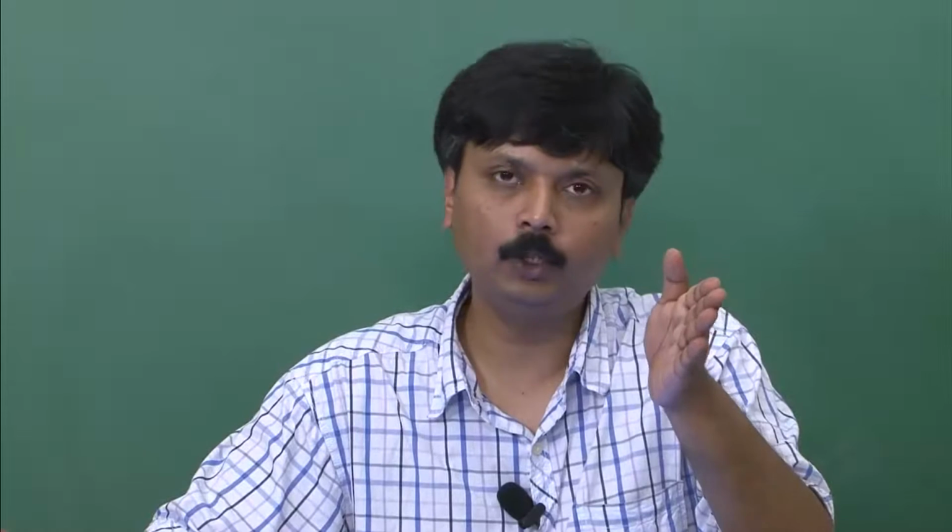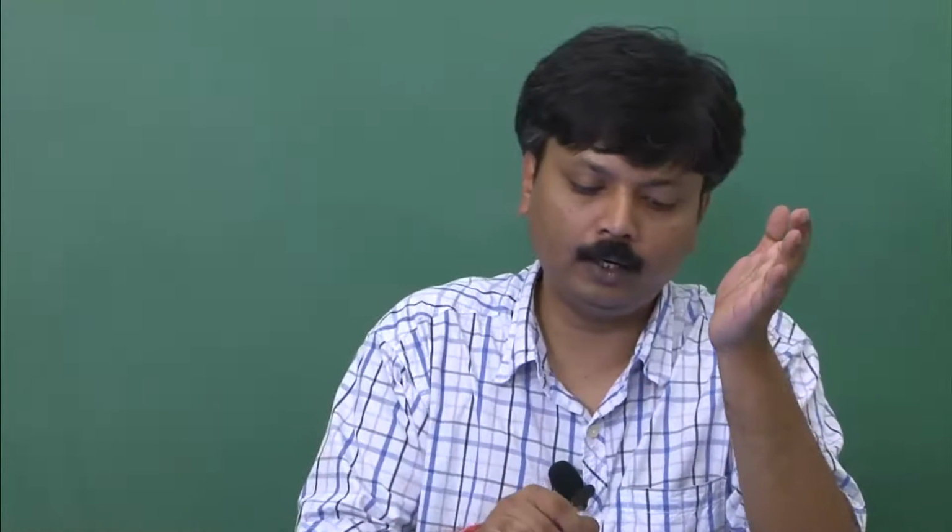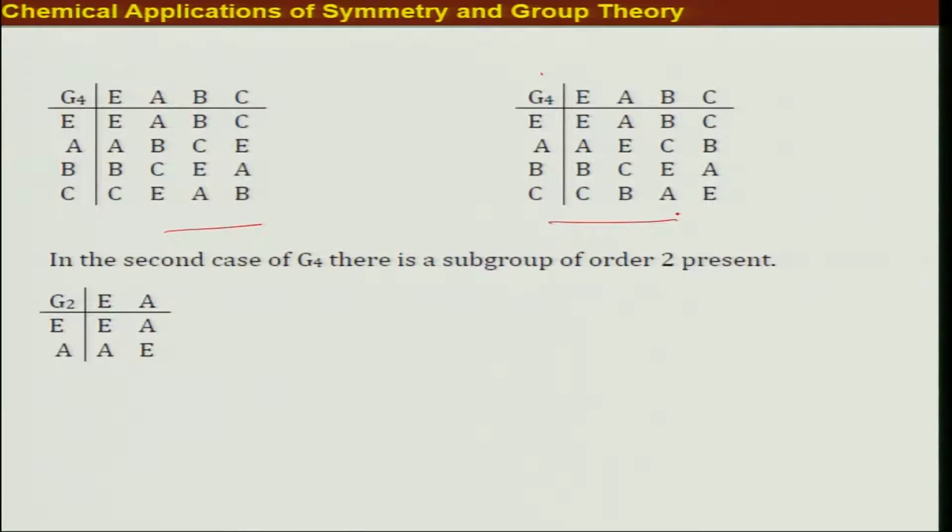We will not be deriving this group multiplication table. We showed one example with G3, the simplest one, and you should be able to form these two different G4s with that principle that you have already learned. One thing you can look at here is that from this G4 you can take out a subgroup which has order 2, and an order 2 group will have a unique group multiplication table that we have already seen, that will be a G2. And you can easily find the group multiplication table for G2 from any of these two G4s.